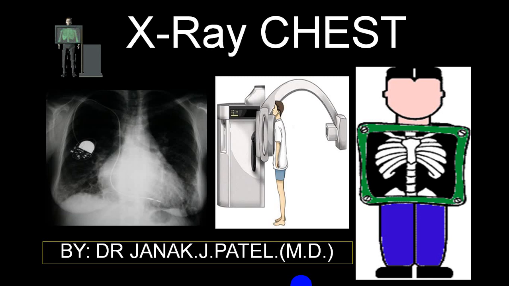So let us start with an X-ray. Now you can see here in this X-ray chest, there is a clear-cut cardiomegaly. There is one shadow which is radio opaque, plus there is one wire going on like this, and this is going right up to the RV. So this is a pacemaker, and this is a single chamber pacemaker. If you have sound knowledge, you will be able to pick up all those different things.